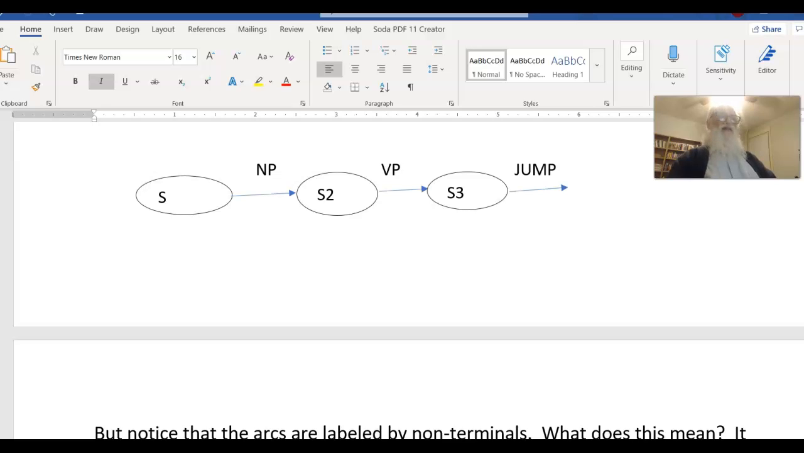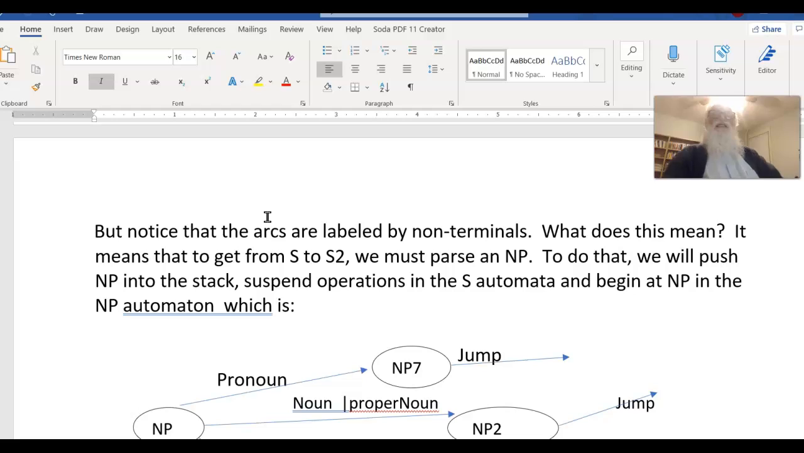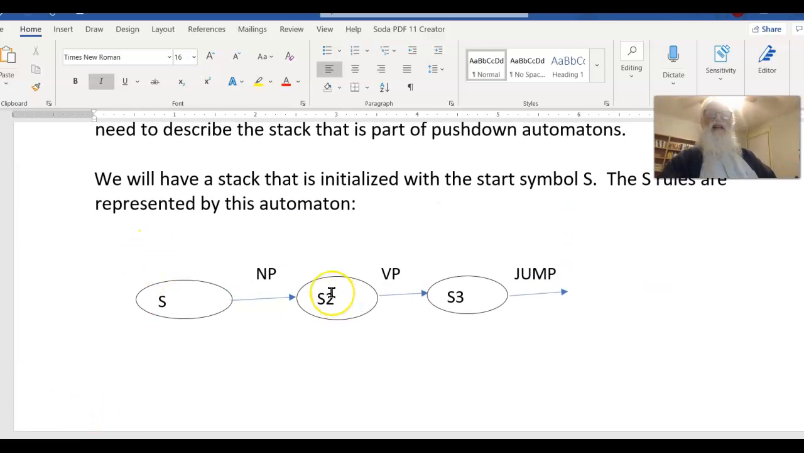So this is different. These aren't tokens of the word. These aren't words of the language. These are non-terminals. What does it mean to say that a non-terminal is the input? Because the input is not a non-terminal. The input are the words of the language. But what that means is, if you want to get from S to S2,